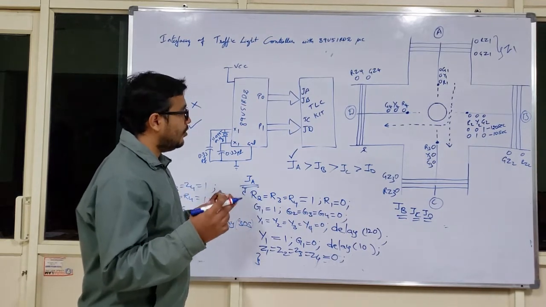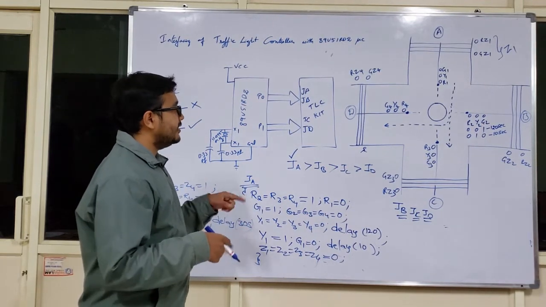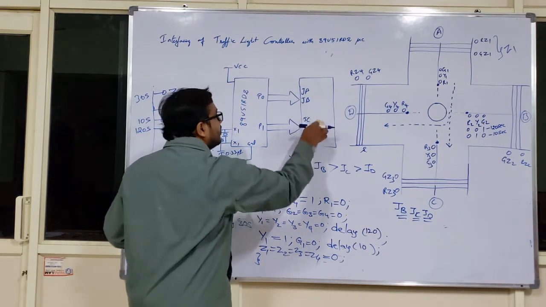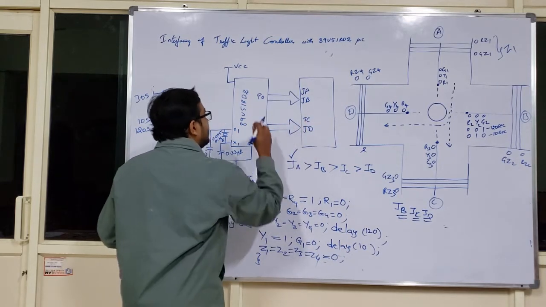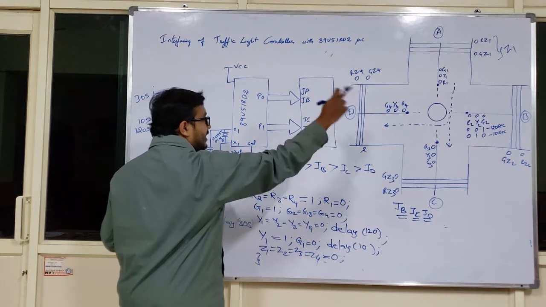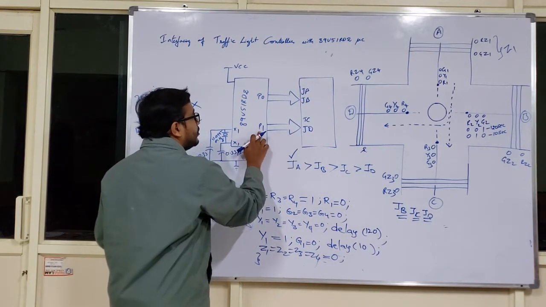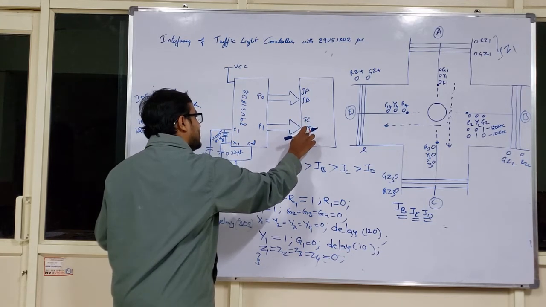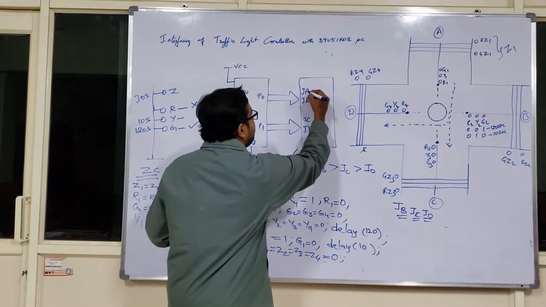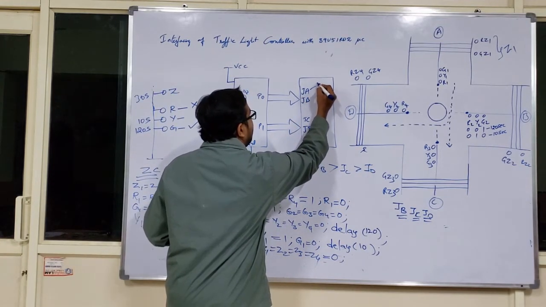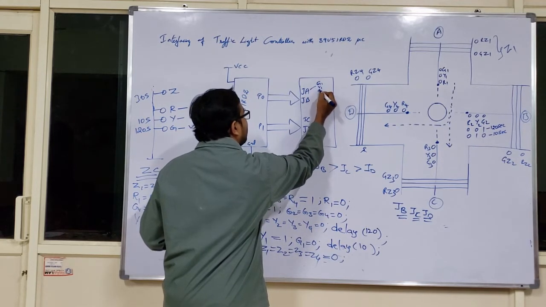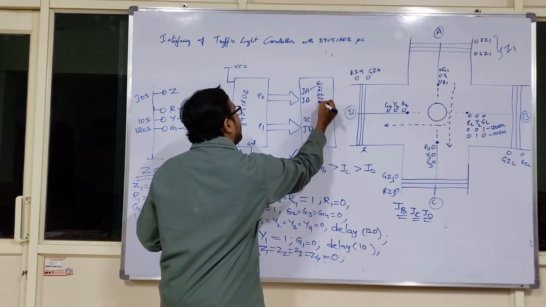So let's come to the programming. Before discussing the programming, what I would like to explain here is that port 0 is interfaced with junction A and junction B of your traffic light controller kit, and port 1 is interfaced with junction C as well as junction D in the traffic light controller kit. So this junction A and junction B is nothing but, first thing is G1 Y1 R1, G2 Y2 R2.